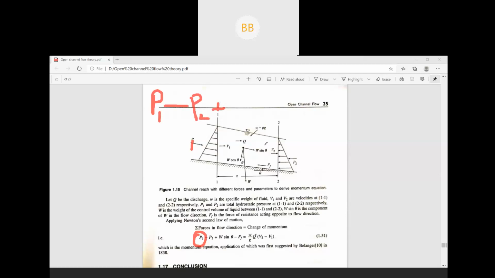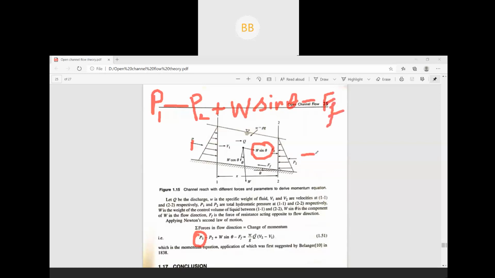Okay, we have a component called W sine theta, and it is in the direction of flow. So that is why it is positive, W sine theta. Then again we have friction force, and it is in the opposite direction. That is why it's negative. Okay, friction force,